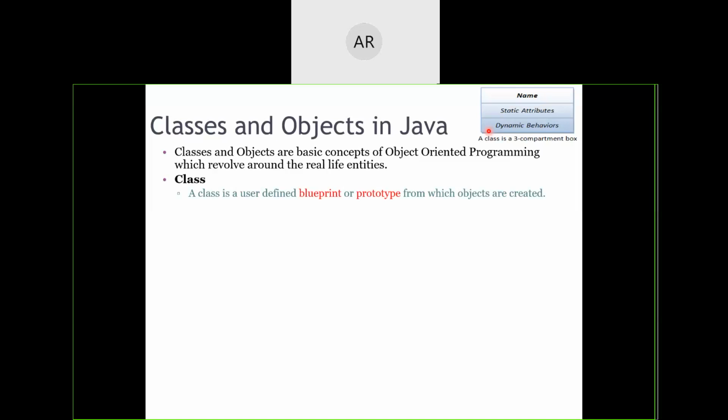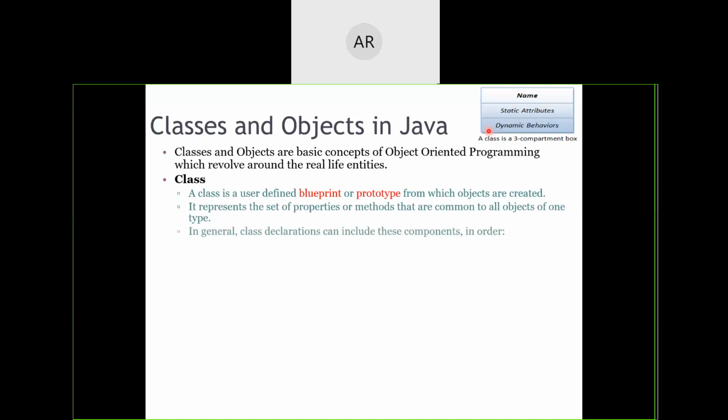Okay. So as I said earlier, class is nothing but a blueprint or a prototype or the data type from which objects can be created. It represents a set of properties or methods that are common to all the objects of one particular type. That's why I was saying it as a data type.